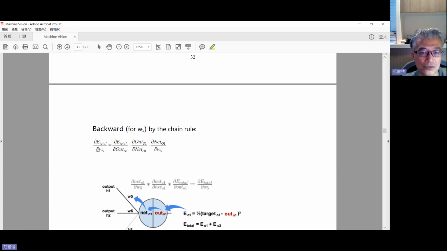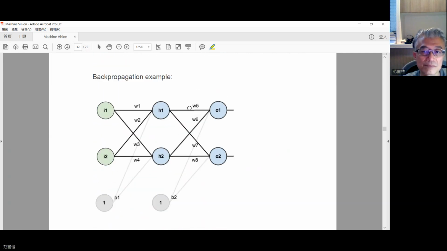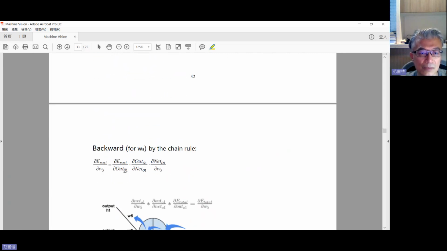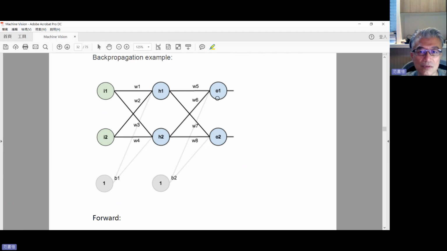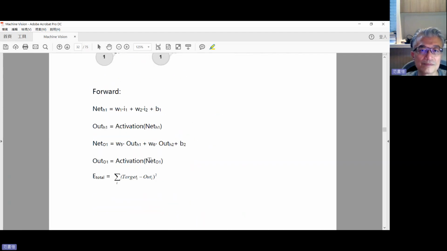So the partial derivative of the total error with respect to W5, which is right here, is equal to the partial derivative of the error with respect to the output O1, times the partial derivative of output O1 with respect to net O1,